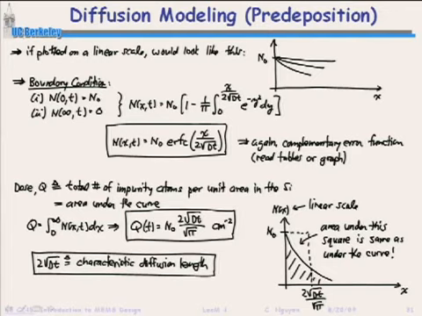If you do that, you find Q, the dose, which you can put as a function of the time of diffusion that you do, t right here. And you can plot this dopant profile on a linear scale. What you'll end up with here, this 2 times square root of Dt, divided by square root of pi, I should say, ends up being a characteristic diffusion length that is equal to